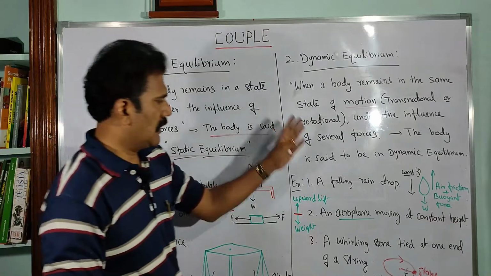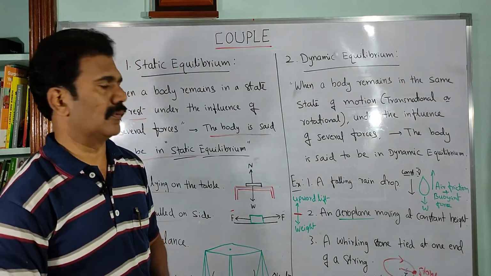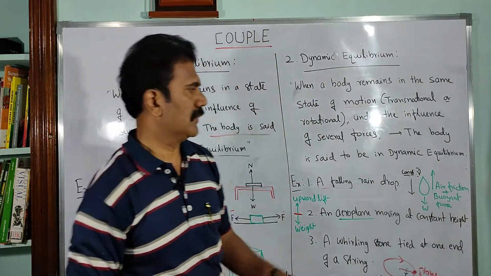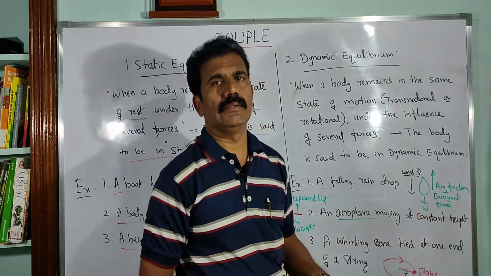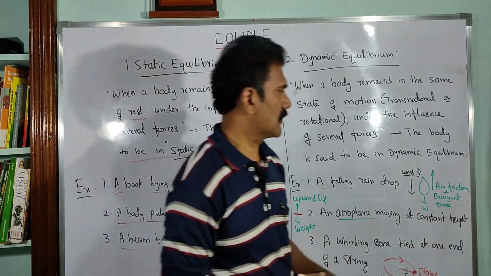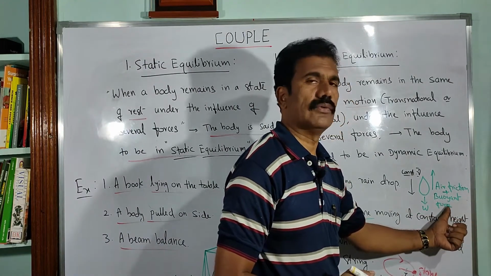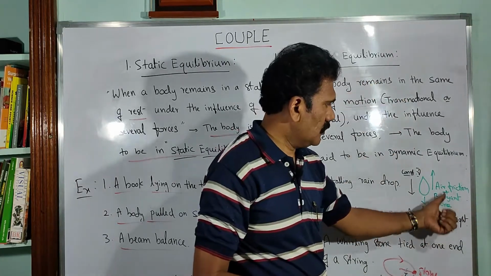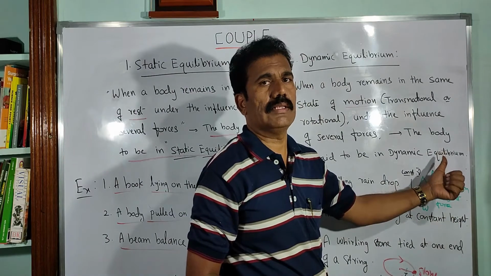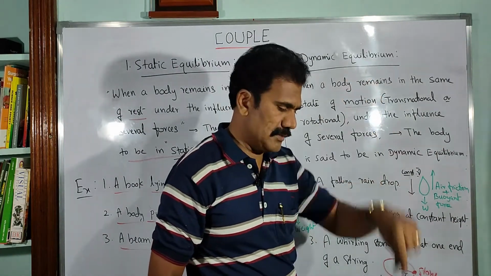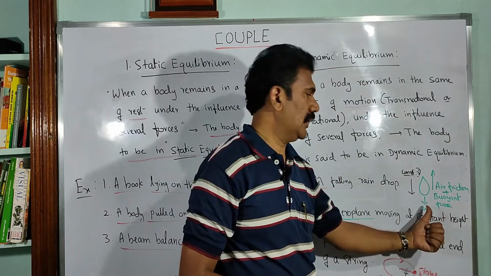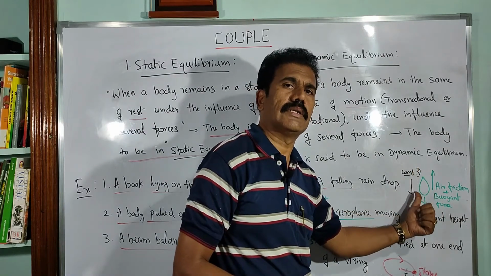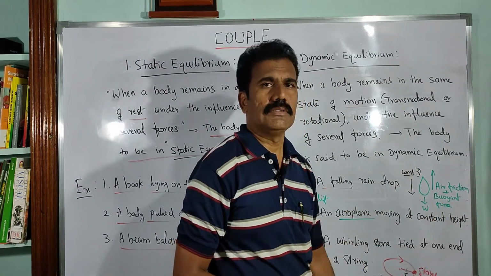Clear? Now similarly, look at some examples for dynamic equilibrium also. See, a falling raindrop. Simple example. A falling raindrop is always moving with constant velocity. Why? Because it is balanced by forces called air friction and buoyant force acting in the upward direction. Both of these two forces act in the opposite direction, whereas the raindrop has a certain weight, and it is moving downwards due to that weight. So the resultant of these forces makes the raindrop move with a constant velocity called terminal velocity towards the surface of the earth.